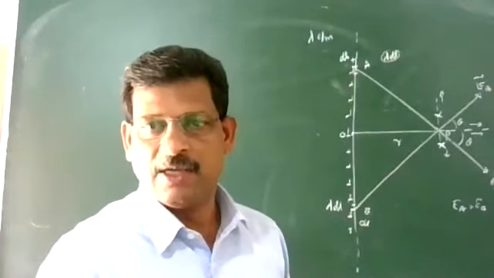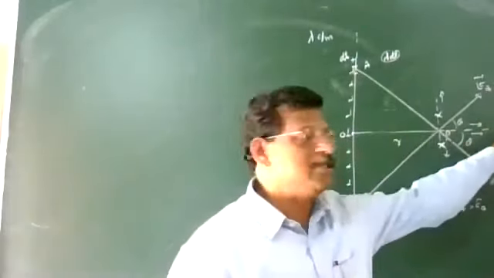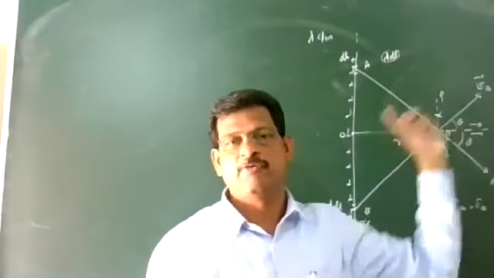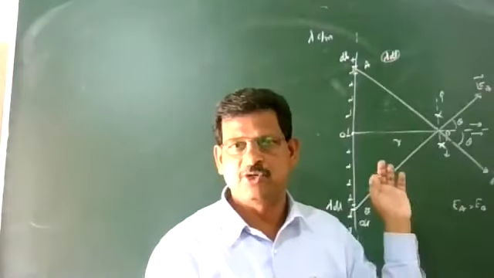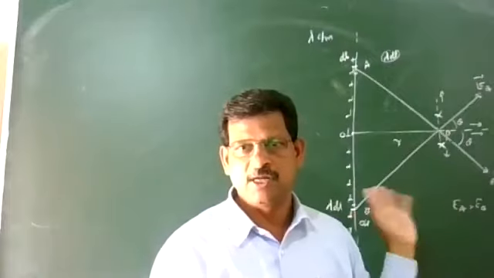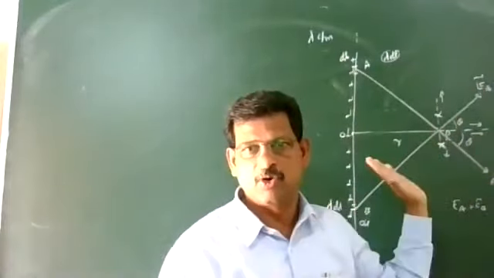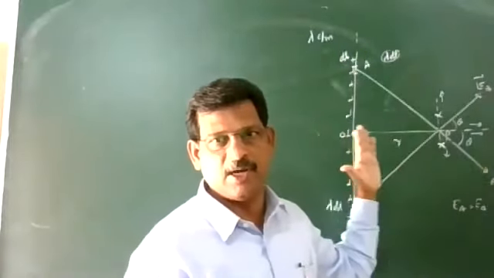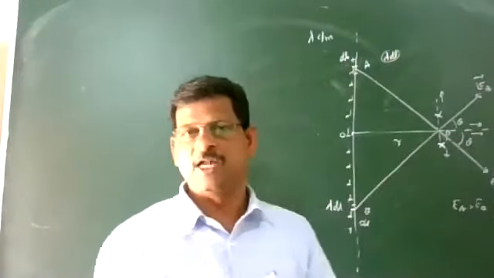Means the electric field at the point P is in this direction, perpendicular to the line charge, and it is going outward if it is positive. So this diagram is just to confirm the net direction of the electric field at the point. Vertical components of the electric field cancel due to these elements, horizontal components get added, means the electric field is perpendicular to this line charge. So what is that electric field? That is to be calculated.